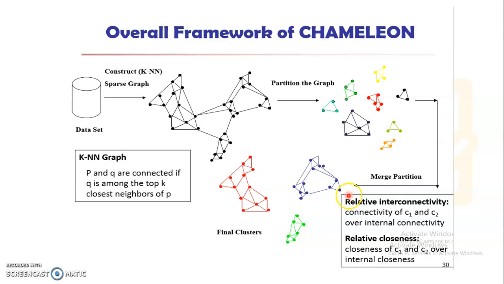After the merging operation, the final clusters are obtained. We have three clusters in this data set. The three clusters look like this. If we divide these clusters, then interconnectivity and closeness will decrease. And if we merge these clusters, then interconnectivity and closeness will also decrease. This means this is the best clustering that can be generated from this data set.